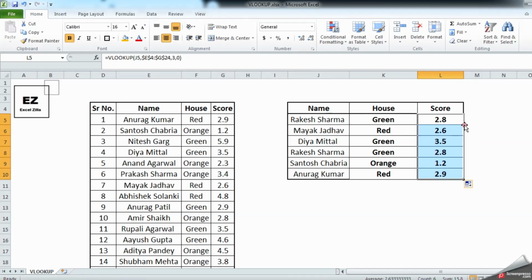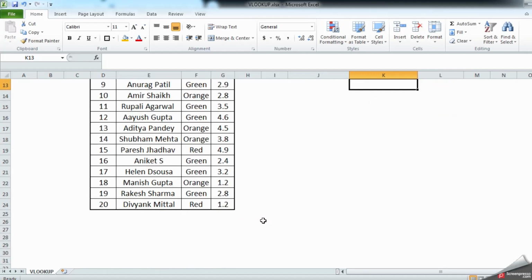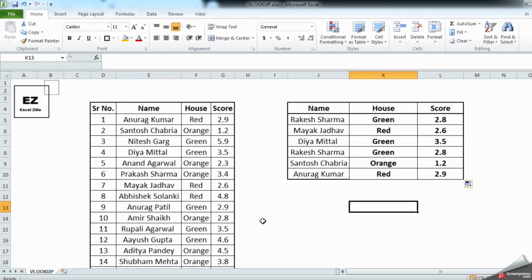As you can see, it has given you all the lookup values. We have only taken the example of 20 items, but you may be working with hundreds or thousands of fields, so this will be very useful for you.